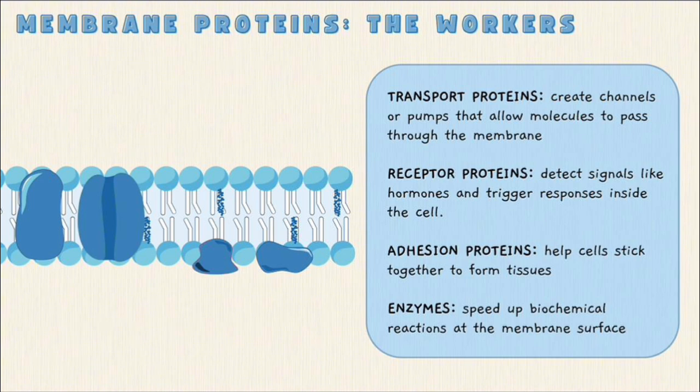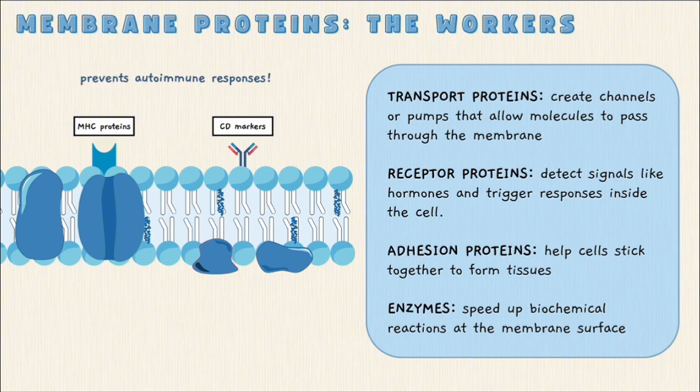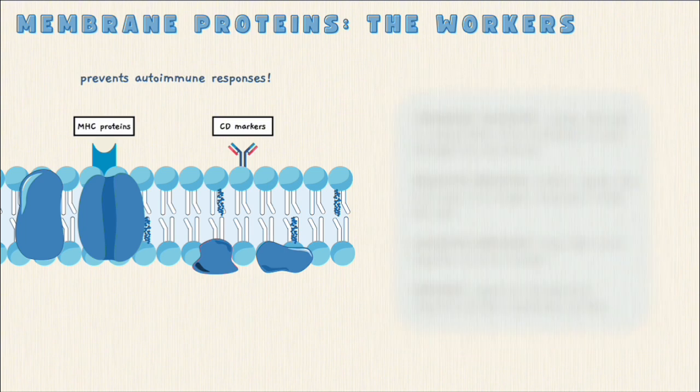Another important function of membrane proteins is their role in immune recognition. Integral membrane proteins, such as major histocompatibility complex or MHC proteins, and cluster of differentiation or CD markers, act as identification tags for cells. These proteins allow the immune system to recognize cells and distinguish them from foreign invaders, helping to prevent autoimmune responses. Lastly, we have